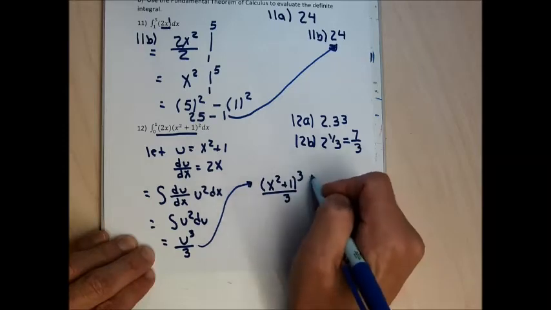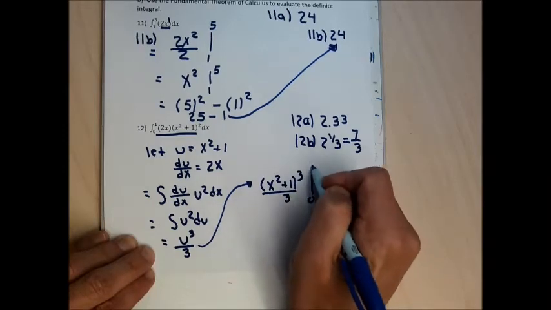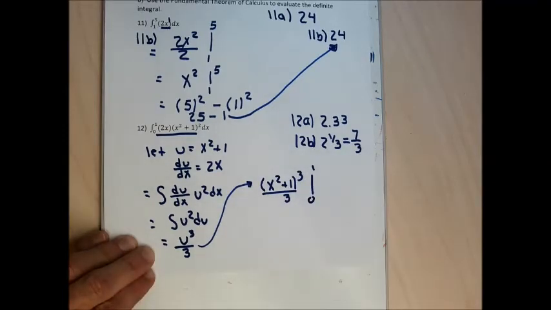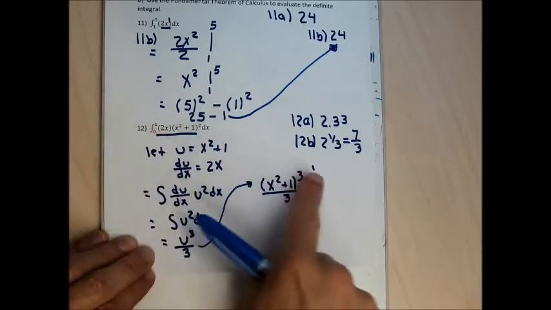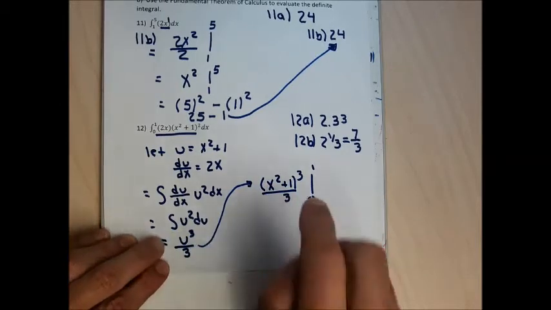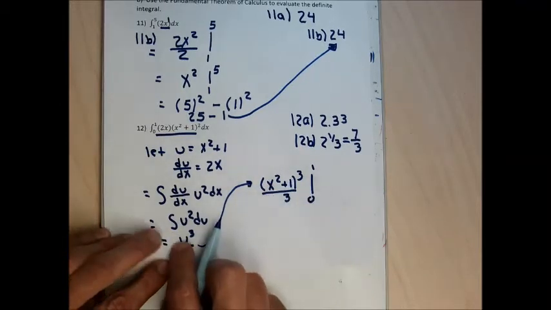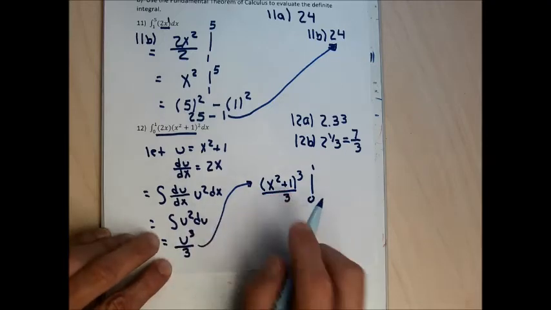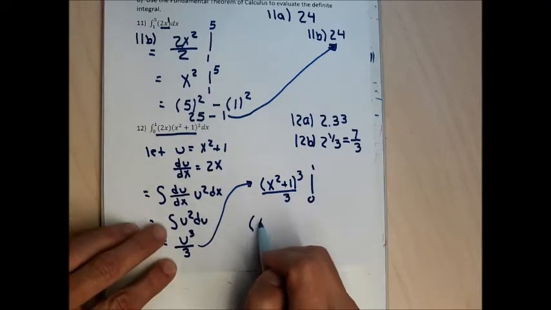And now I'm going to introduce the numbers 0 and 1, because for definite integrals, you have to plug numbers in. The number on the top of the integral sign we plug in first, and the number on the bottom of the integral sign we plug in second. So into this integral, which is what I got when I integrated and changed the u back to what it needed to be, I'm going to get 1 squared